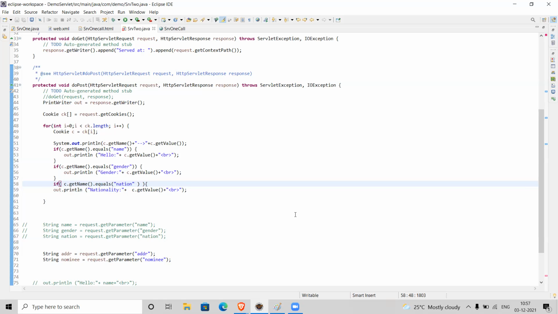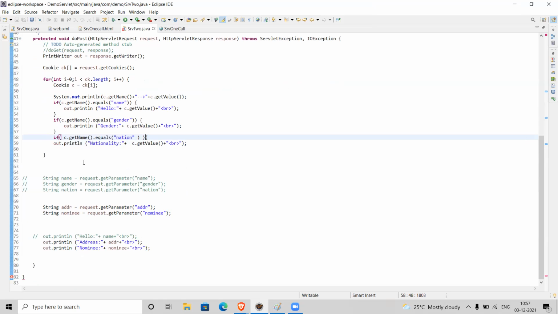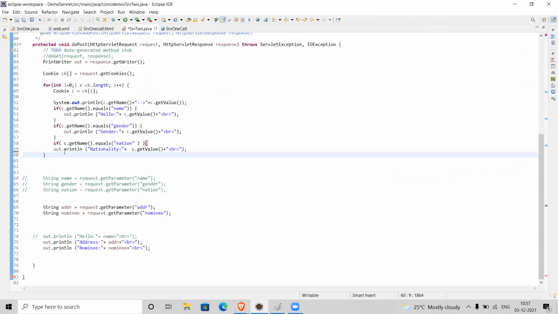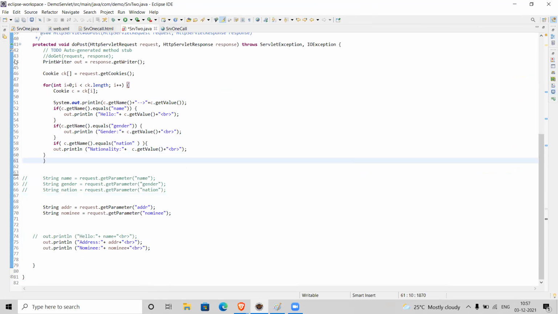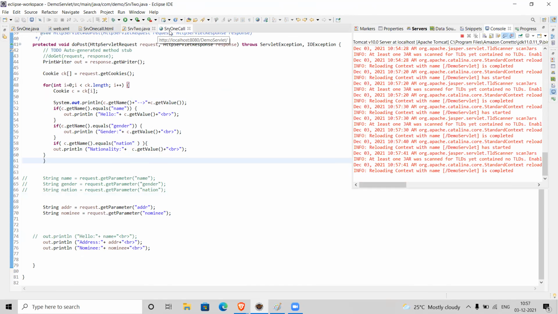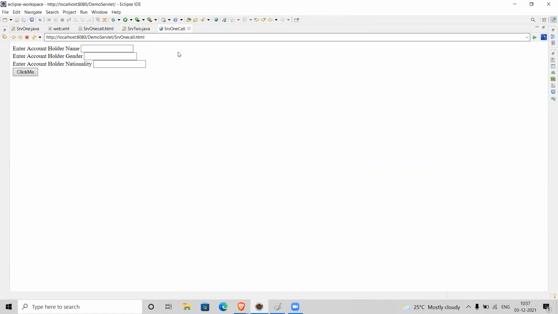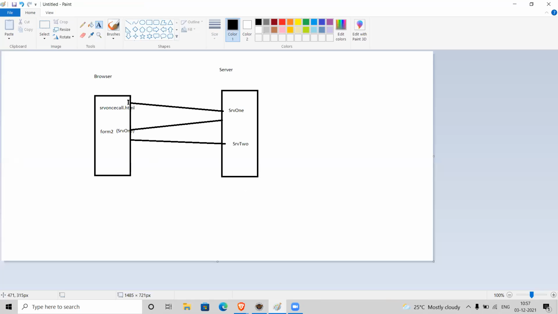Now, if you observe this example, what we did is: from the SRV1 HTML, we are passing some information, and using the SRV1 servlet we are reading the form 1 data, and again setting some cookies on the client side.